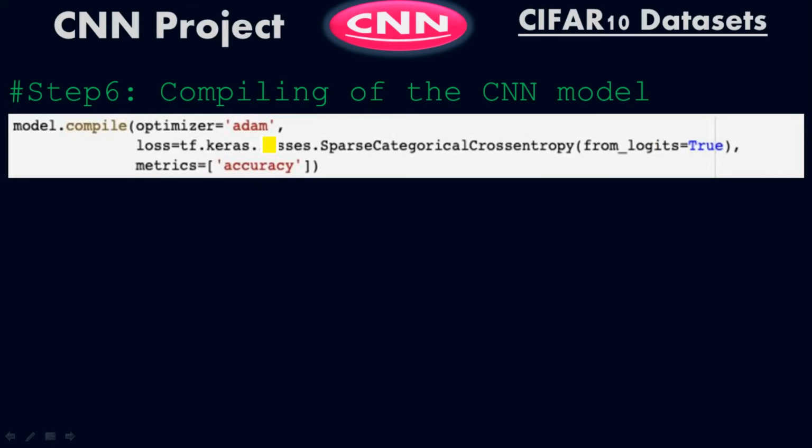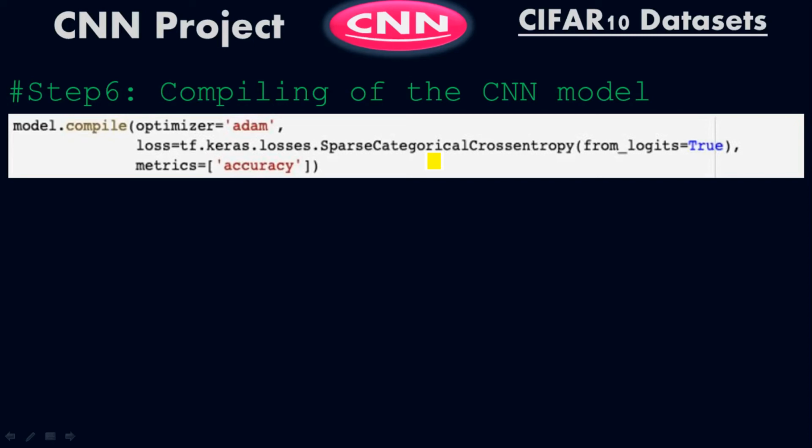What is Adam? Adam is the optimizer. We use Adam to update the weights of the model. There is another classical method, which is the stochastic gradient descent method, to update the weights. But instead of using the stochastic gradient descent method, we are using Adam here to update the weights of the model. And then we are using sparse categorical cross entropy. This is the last function parameter. Sparse categorical cross entropy